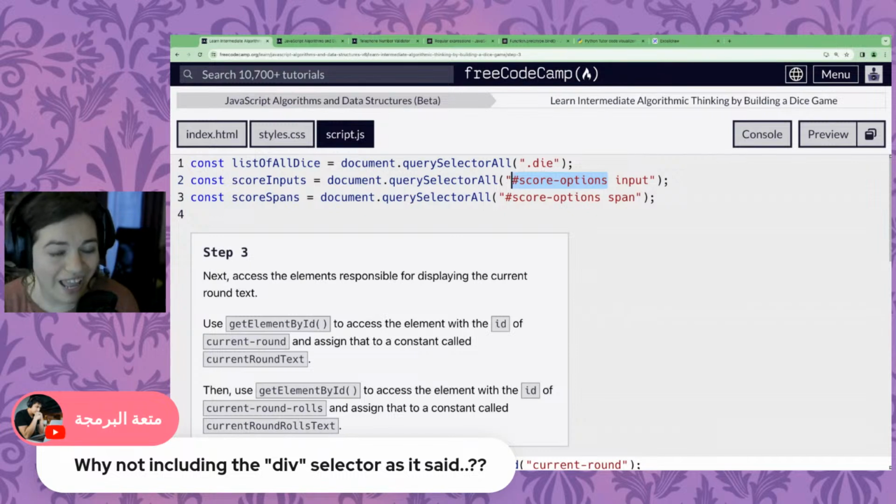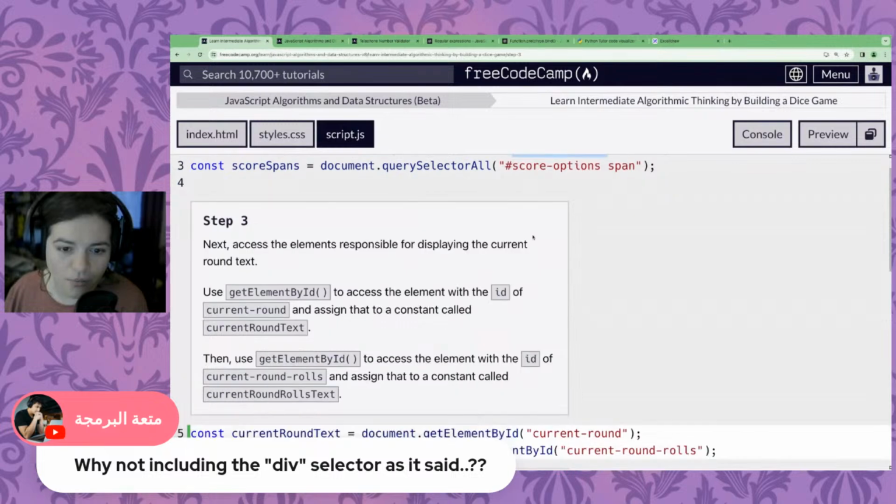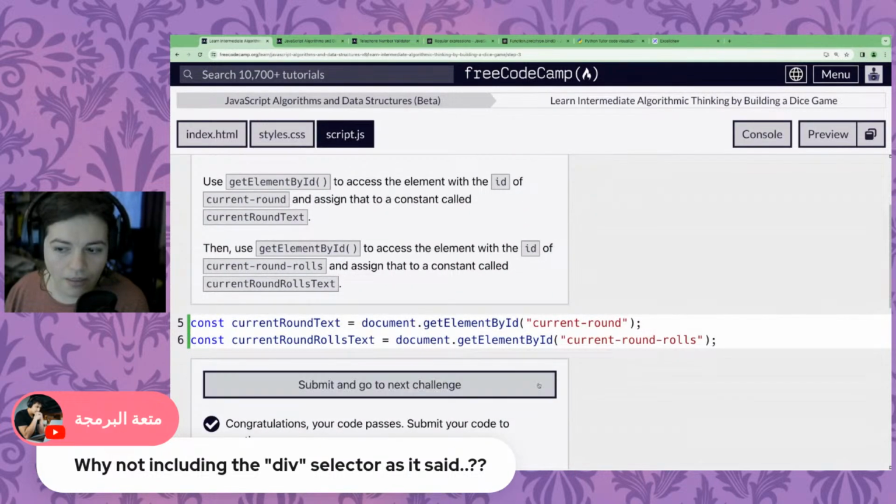There can only be one element, and we don't care what kind of element it is. It happens to be a div, but it could also be a span with a span inside of it. Bad example, but you know what I mean. What we care about is that we want the element with the ID score options. Let's move on.